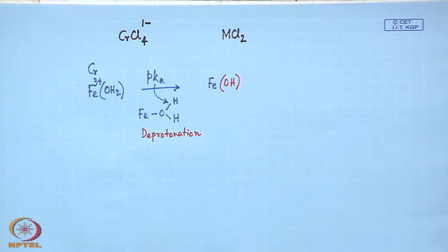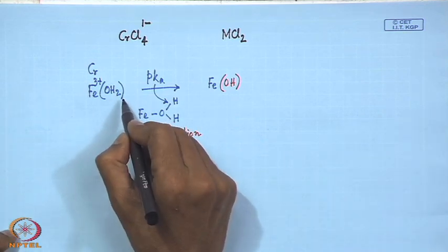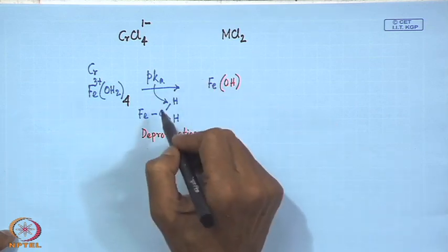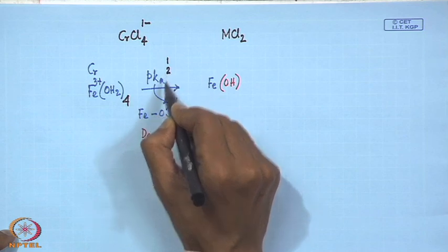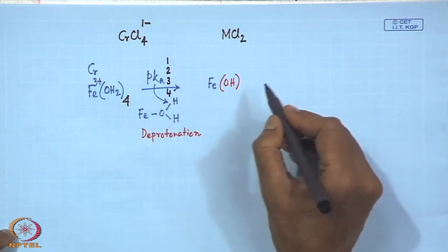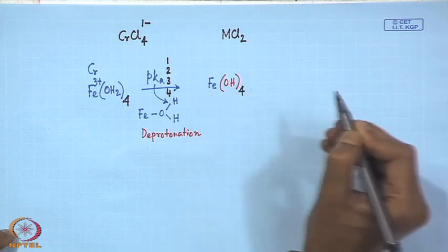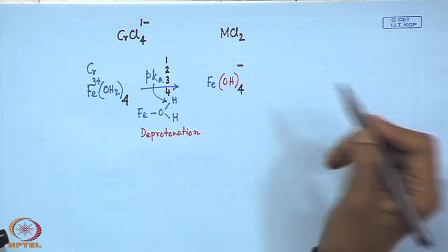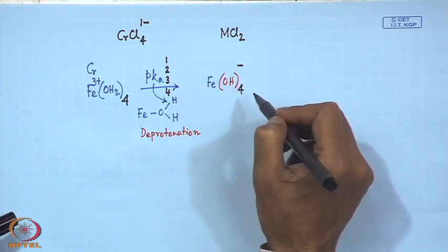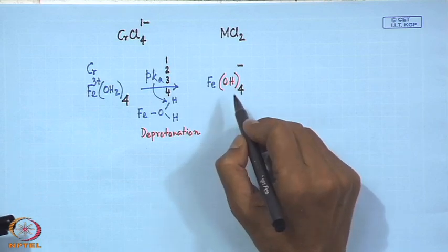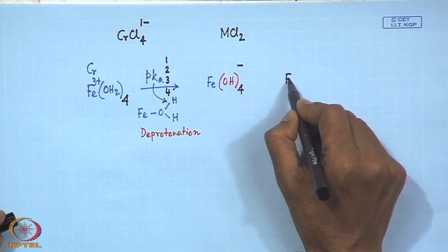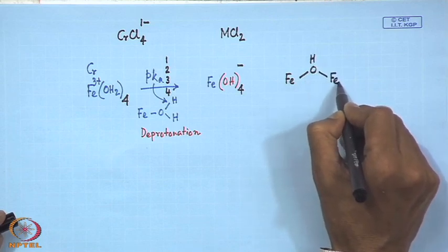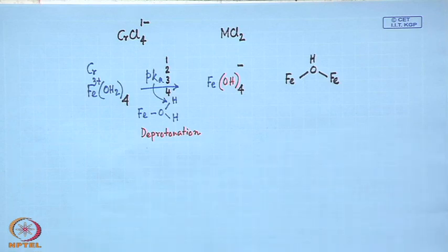Similarly, if we have more of these groups, say 4 such water molecules, we can have 4 different pK values, pK1, pK2, pK3 and pK4, and after all deprotonation it gives rise to some Fe-OH type of species which will have a negative charge. This type of species is very useful also, because when it forms as a mononuclear fragment, it can immediately go for bridging, because compared to iron, this hydroxide anion has more potential, which is more effective to bind two